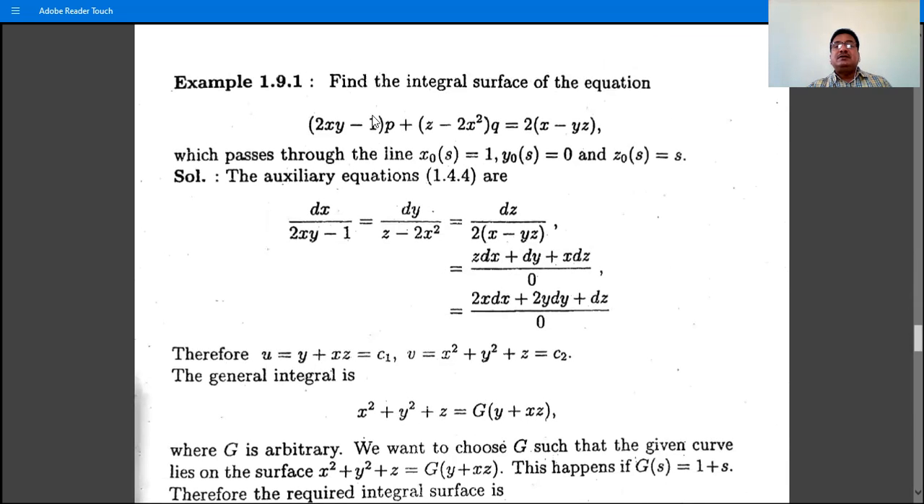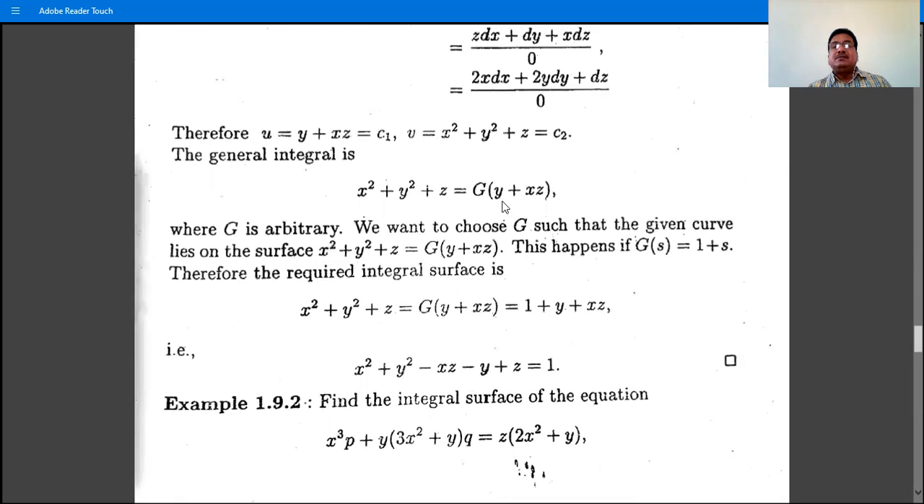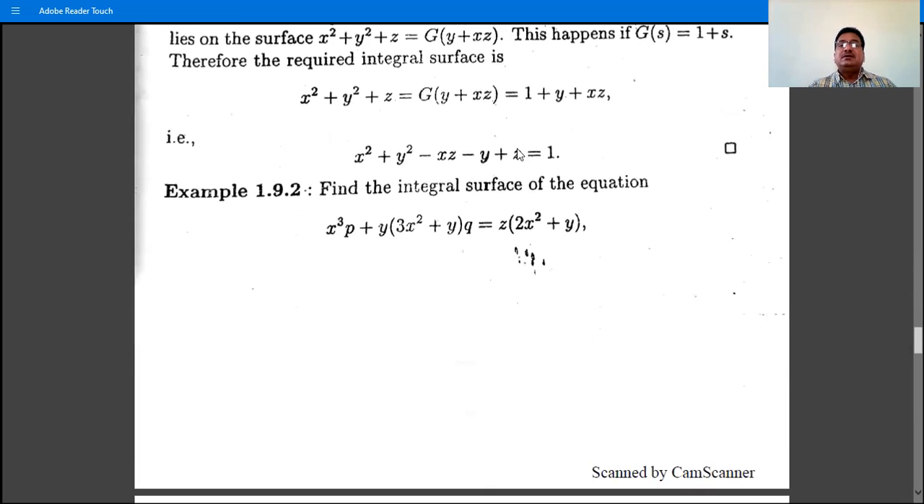So these are the problems of the integral surface passing through the given curve. So this is the problem of the integral surface passing through the line x naught s is equal to 1, y naught s is equal to 0, z naught s is equal to 1. So the answer is given. Find the general solution of the Cauchy linear differential equation and then find the relation between